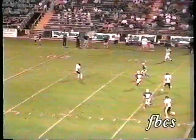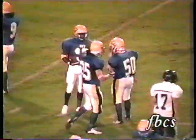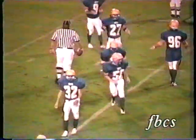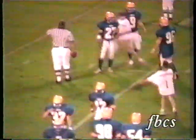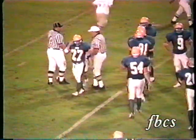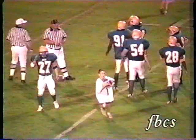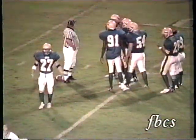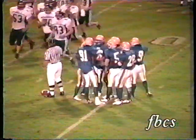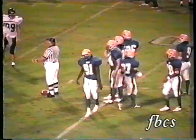Broussard, again, a decent punt. Will it take a decent roll? It will take a better roll, and the Tours will down it at the 27-yard line. So maybe one more roll would have gotten it inside the 25. Jeff Armelin grabs it right there. It was going to hit him anyway. So the Tours were 3 yards further back on their second possession. The Bucs are 2 yards plus. But it is 1st and 10 now for the Buccaneers, and a scoreless ball game here with 5:24 to go